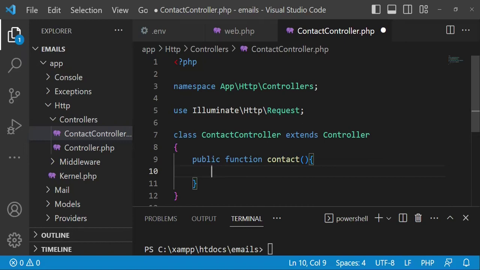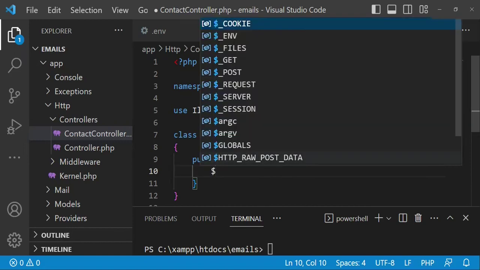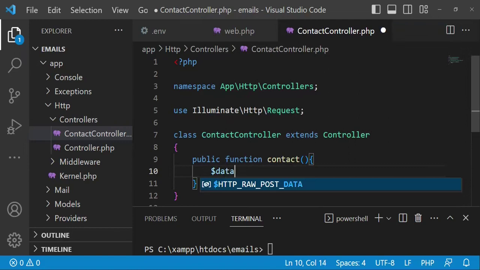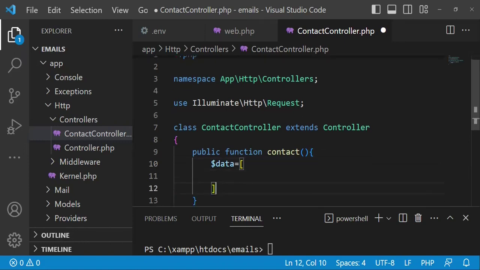So in this case I want us to send some message. Probably you might be sending this information from a form or something of that sort, and so there are several things that I would like us to send in our request. So I want to have a property called data, which is an array of values,